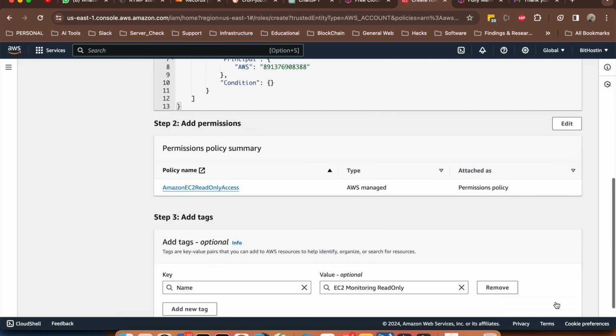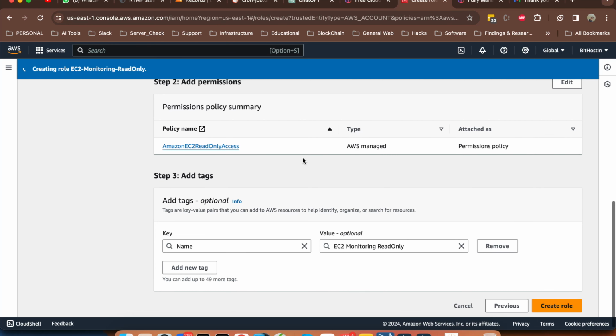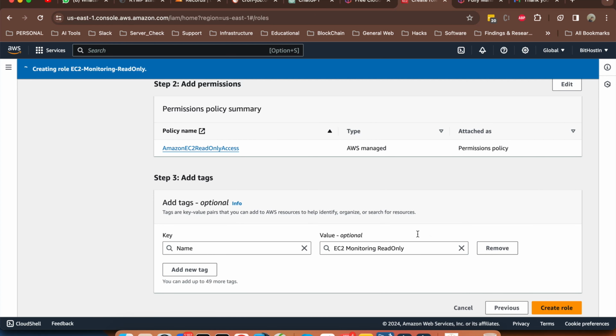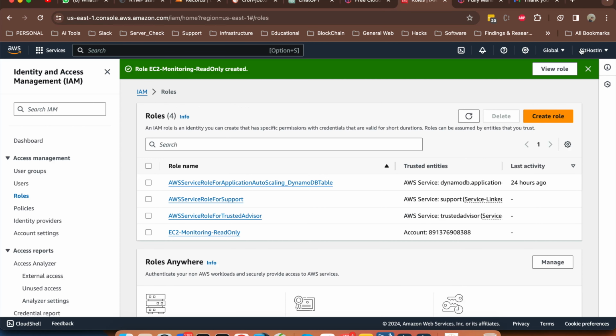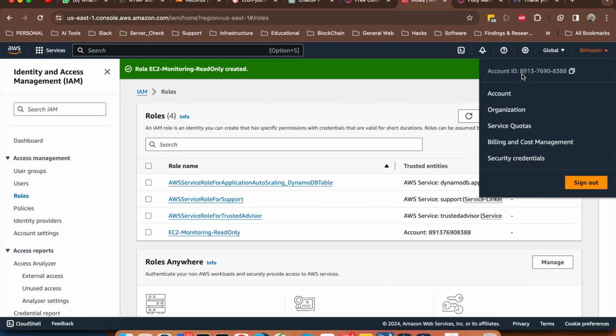Okay, so creating the read only role. So one role is created that is read only for this account, only for this account, which is this one. If you see this one account,